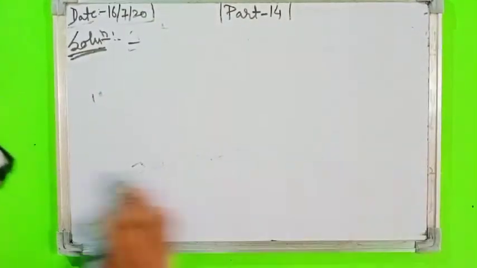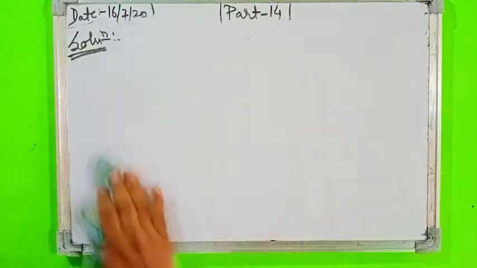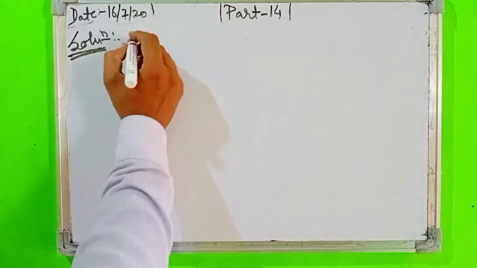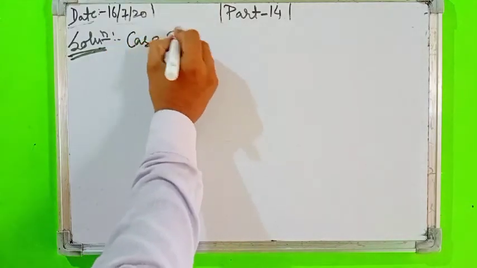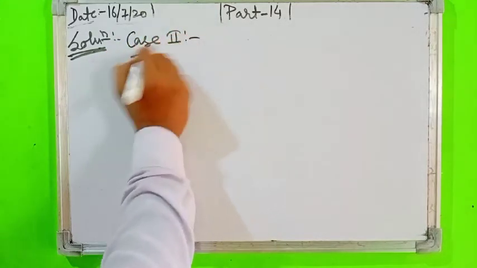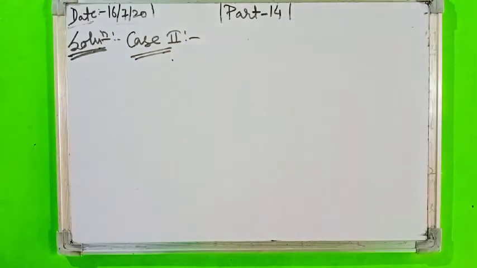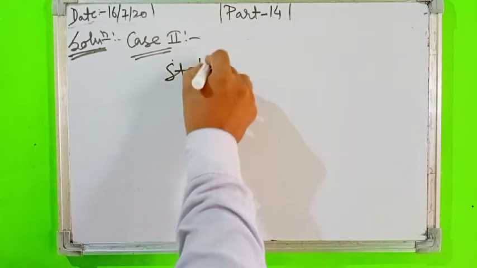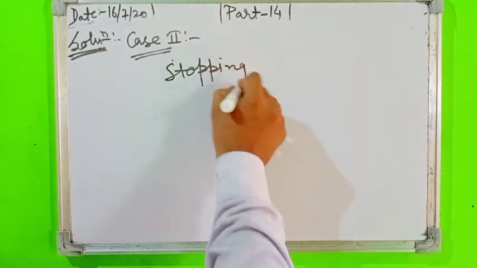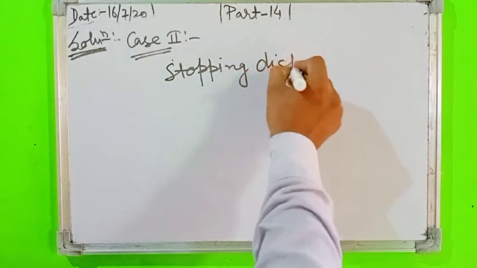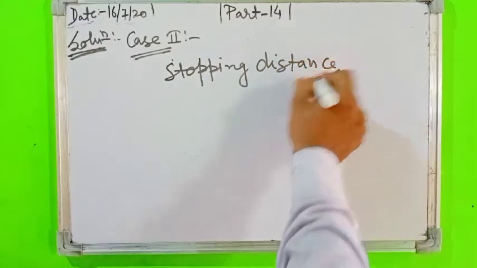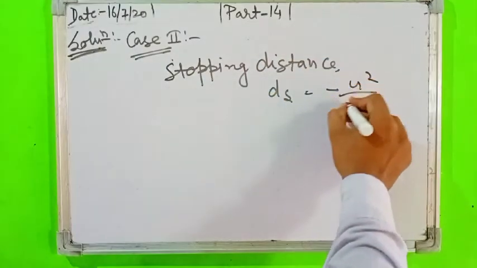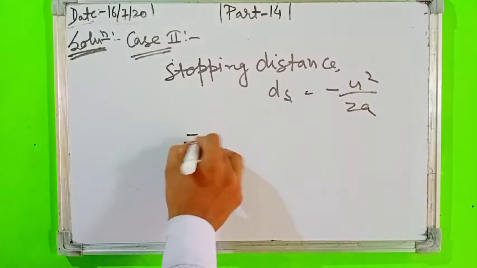The stopping distance for the second case: if the initial speed becomes 100 kilometer per hour, then the stopping distance ds is equal to minus u square upon 2a, and it is equal to